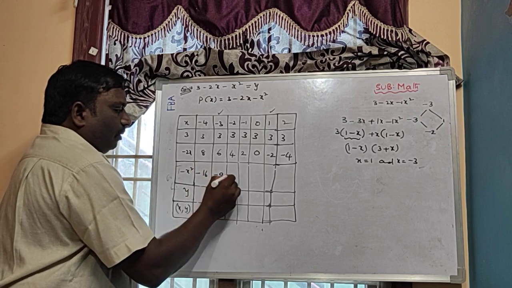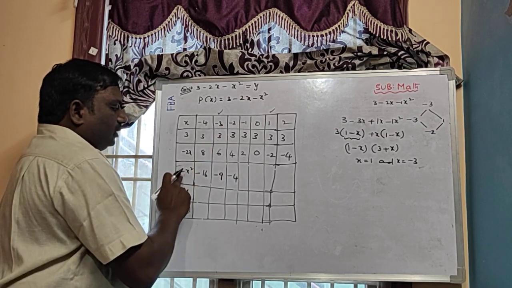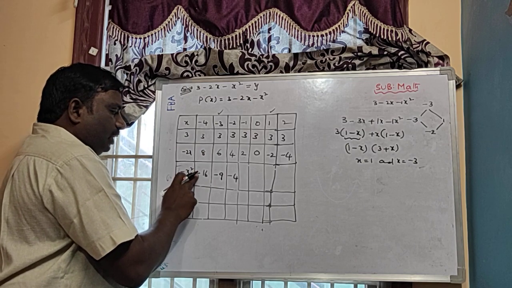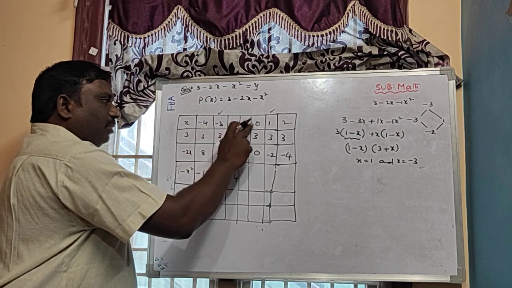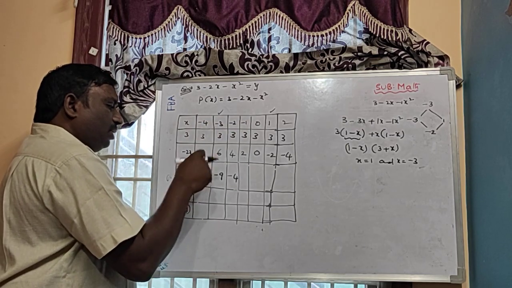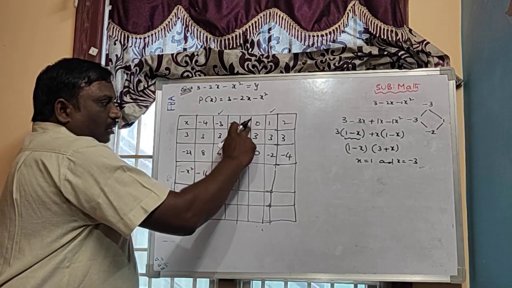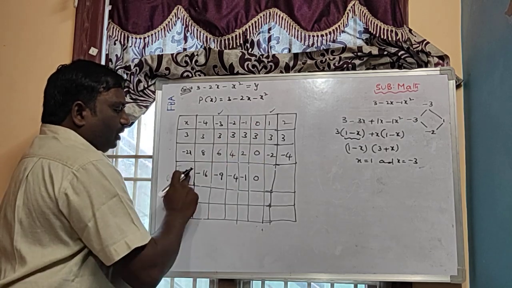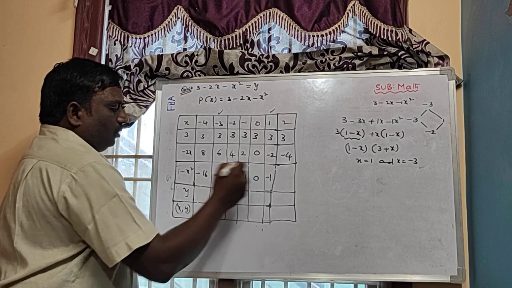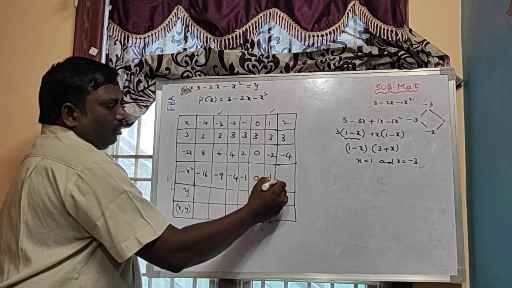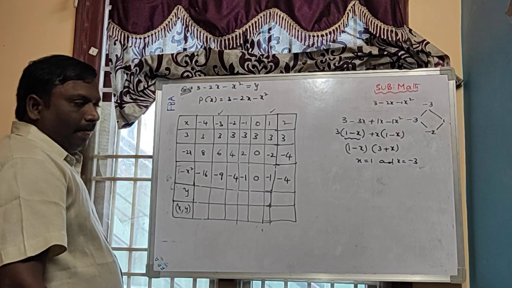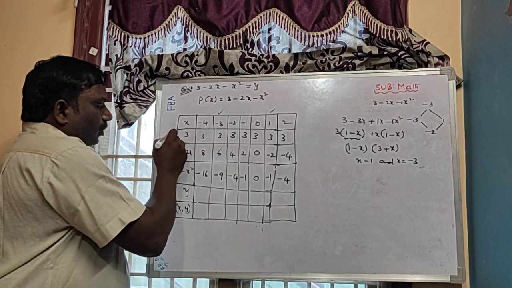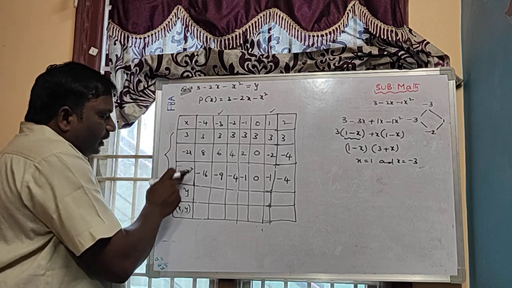Already this negative value I am writing here. So minus, don't multiply minus into minus. Okay. Because here a negative sign is there. X means these values I am taking. Negative whole square means always that will be positive. Now for 1, then minus 1, 0. Now coming to this one, minus 1. Now minus 4. Now do the simplification. So only these three values we have to simplify, because this is the polynomial only.